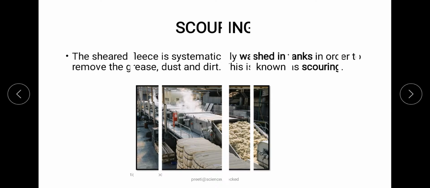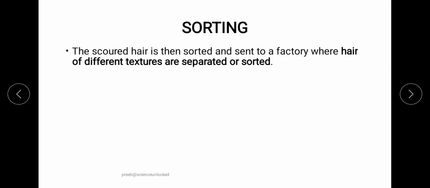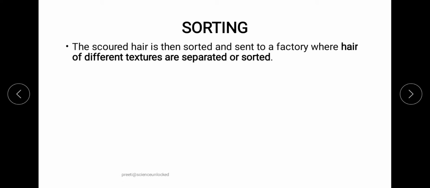The next step is called sorting, where we finalize the fleece from the scouring step which we can use for further processing of the wool, and the fleece which is not useful, we can send for a second scouring process, cleaning it up and bringing it back to the next level.